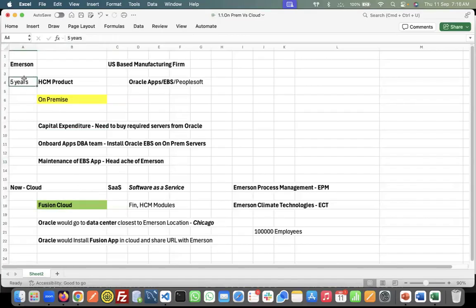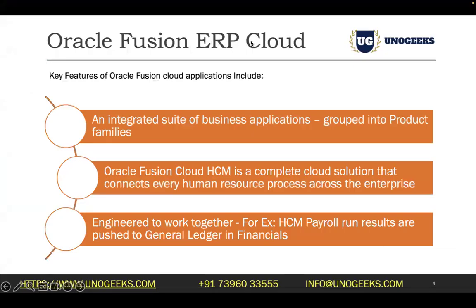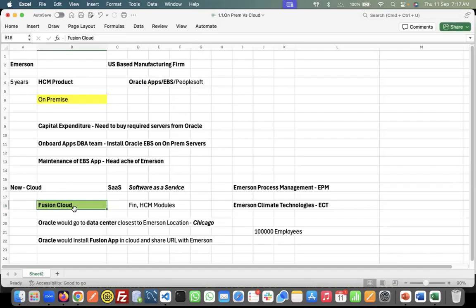I just said 5 years as a timeline, guys, but cloud applications started penetrating the market even before 5 years. I just used 5 years as a tentative timeline here. But if Amazon has to implement an HR product today from Oracle, Oracle has this Fusion ERP cloud. Oracle doesn't have the on-prem HCM option anymore. Instead, it has this Fusion application that runs in cloud. So if Amazon wants to implement a Fusion HCM cloud,